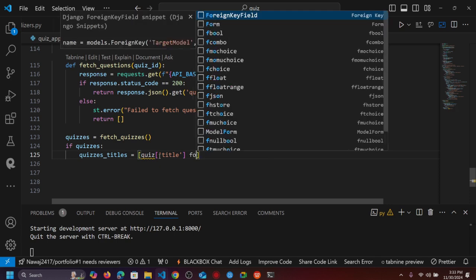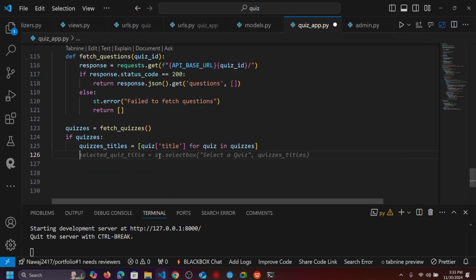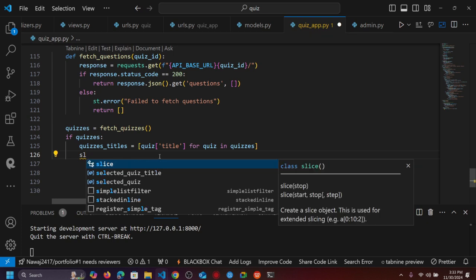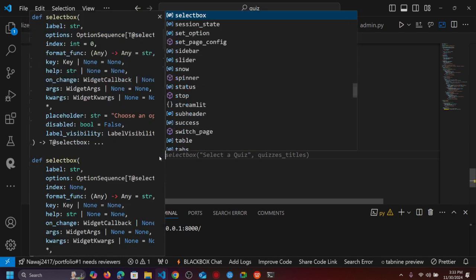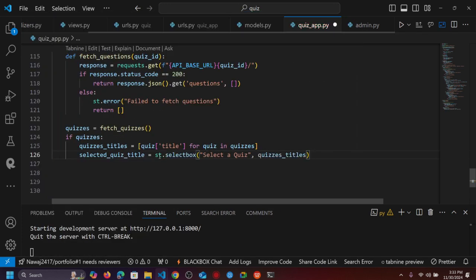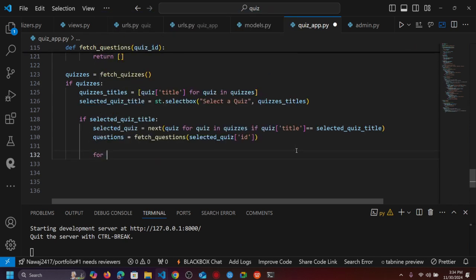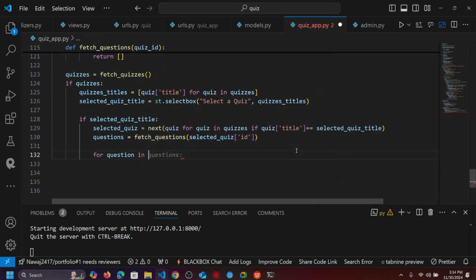Define here for quiz in quizzes, and also define the selected quiz title equal to st.selectbox, "Select a quiz," and if the quiz is selected, then it will come into the loop for question in questions,